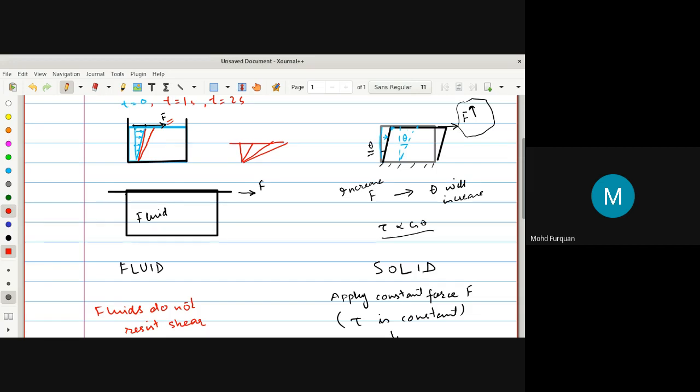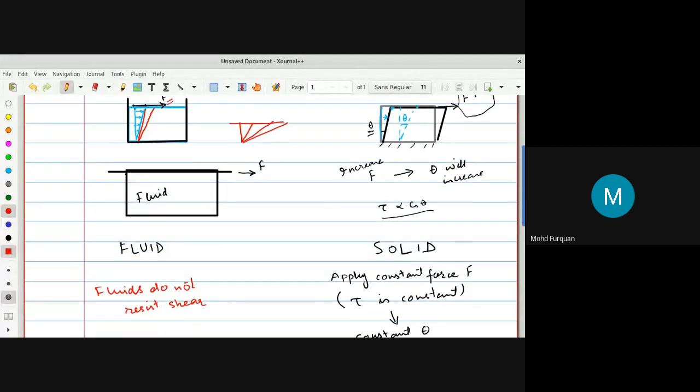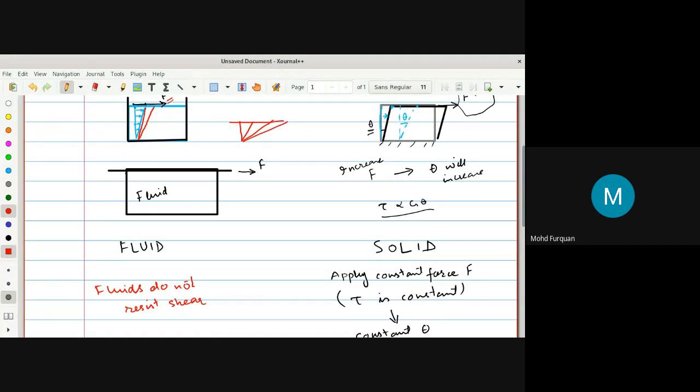So another reason for calling this resist is, if you look at this relation, that shear stress is proportional to shear strain. So theta is basically shear strain. You can write it in terms of displacement, derivative of displacement also. So theta is, rather it should be equal. It is proportional. So tau is proportional to theta, or tau is equal to G theta.